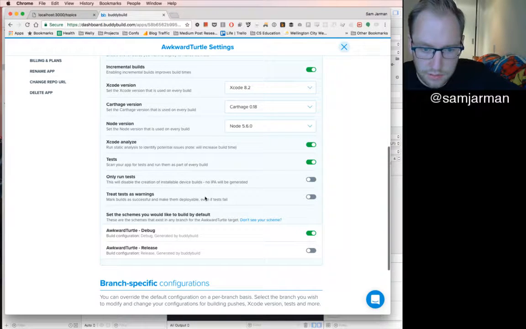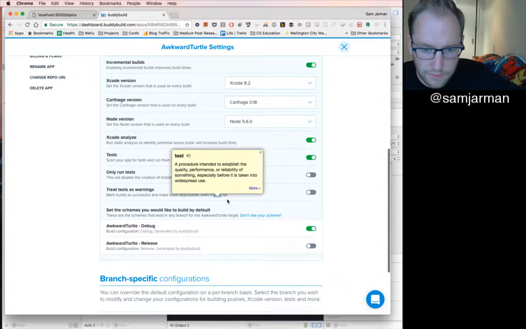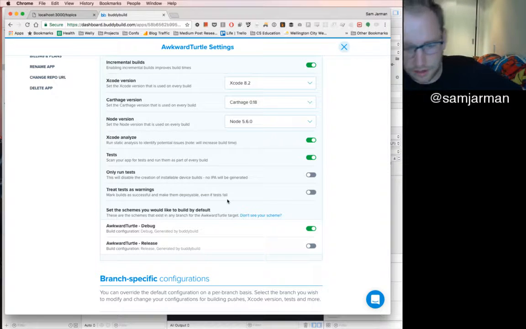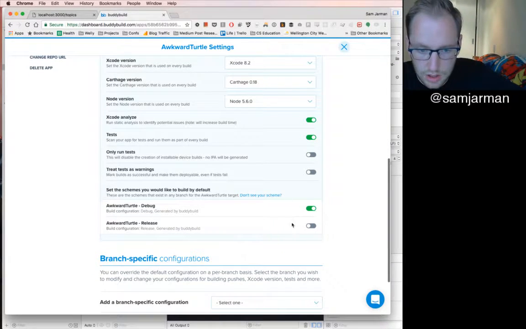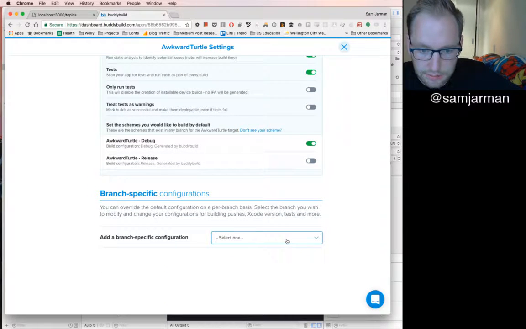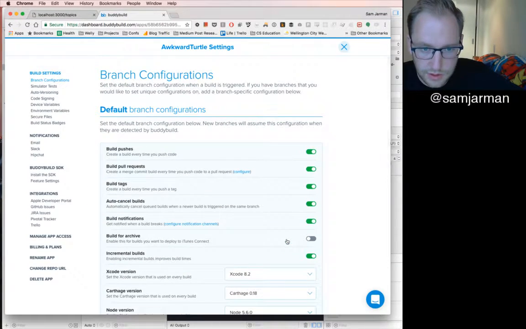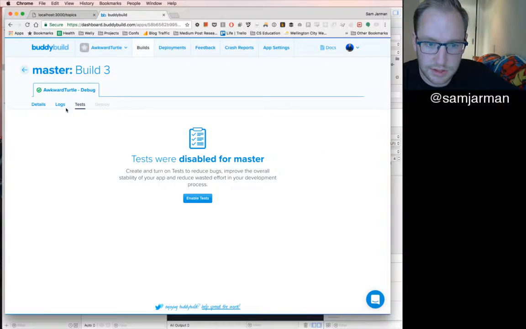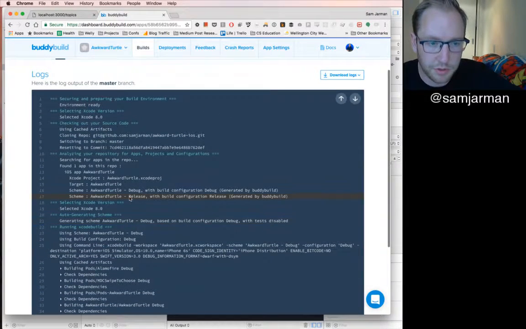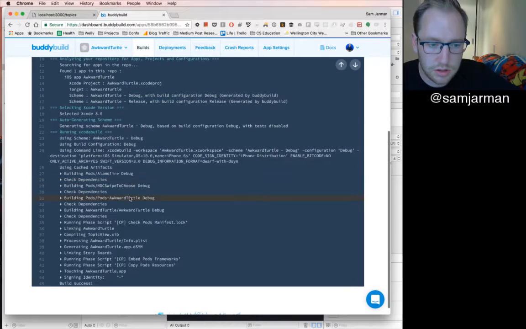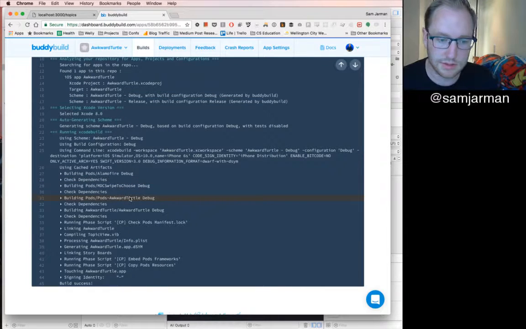I want to keep... No, you want tests to hard fail. This one says, if your tests don't pass, do you actually... I think that's a win. No, I don't. And these are the settings anyway. Cool. So this will happen every time I push on any branch, which makes sense, or if I just rebuild. So this should run tests. Let's see how the log's going. Still building. I assume it does the build first and then the test after. Yeah, build succeeded. Build success, rather.